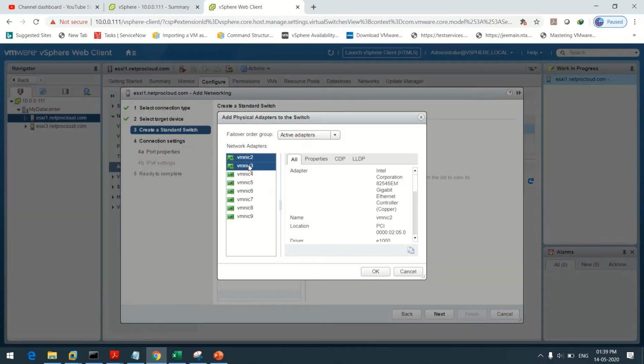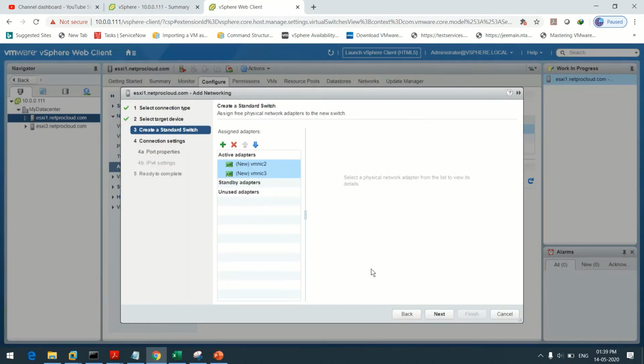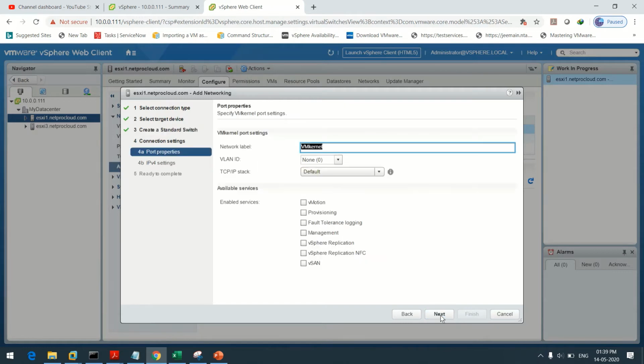So I'm just going to add 2 adapters, because I am building this switch for vMotion, and to make the vMotion redundant, I'm adding two adapters, VMNIC 2 and VMNIC 3. Both these adapters are in the active adapters. So whenever one adapter fails, your VMNIC 3 will act and take care of every bit of traffic, right? So click next.